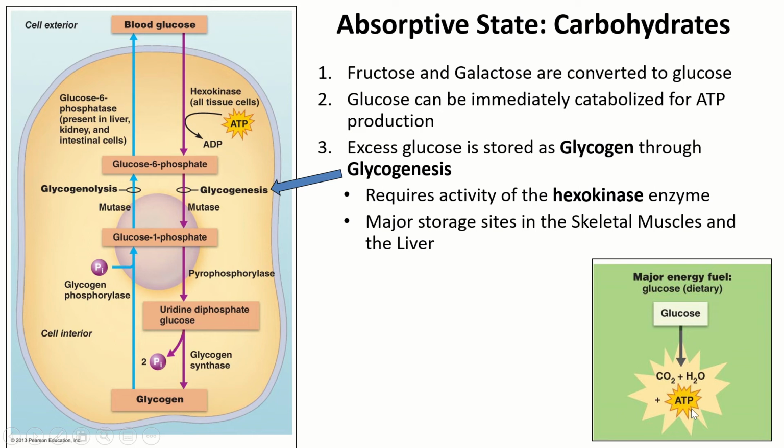However, you do end up with excess glucose, and you want to make sure that that is stored. Now, what's important to recall is that we have talked quite a bit about diabetes mellitus in this class. Step 3 is where diabetics are impacted, right? Because you can't store the glucose the way that you need to. We're going to look at the effects of insulin in just a second, but just a heads up. Now, glucose itself is going to be stored as glycogen. That's the first thing. And the second thing is that process is known as glycogenesis, so the formation